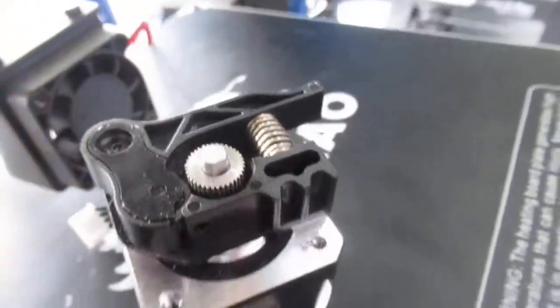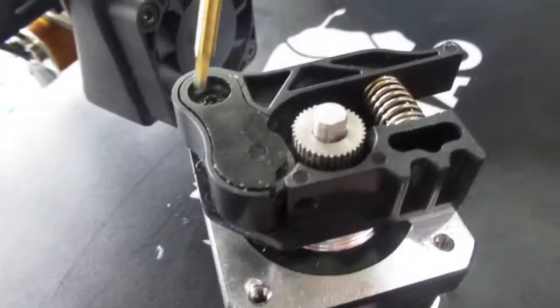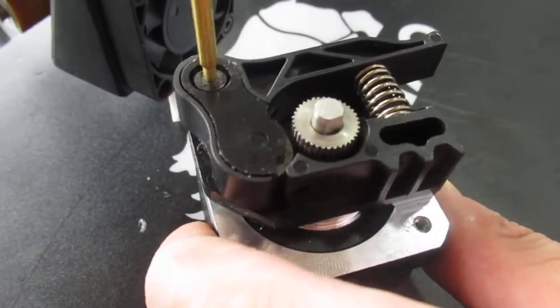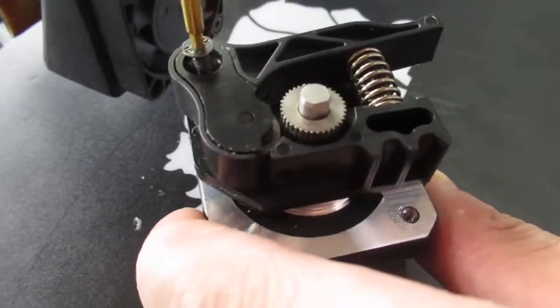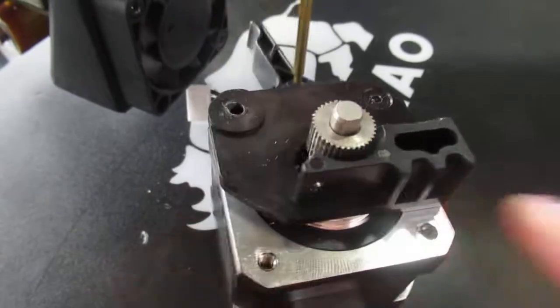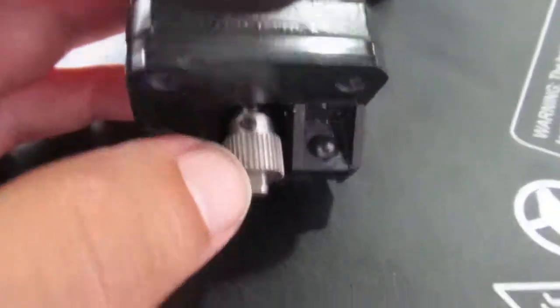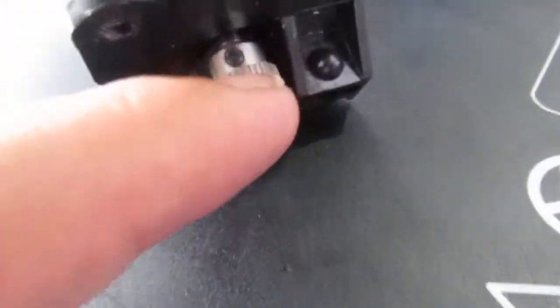extrude the filament. So what you need to do is open this screw right on the knob, and as you see, there is a set screw here, and if it is a bit close to the stepper motor or just a bit far, what you need to do is loosen this set screw and